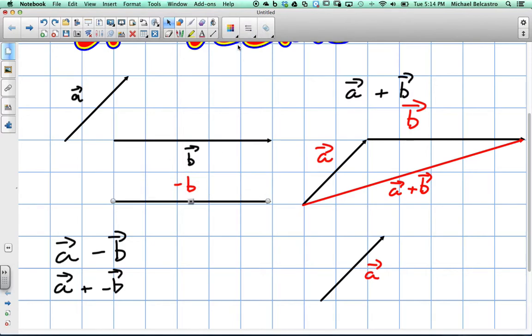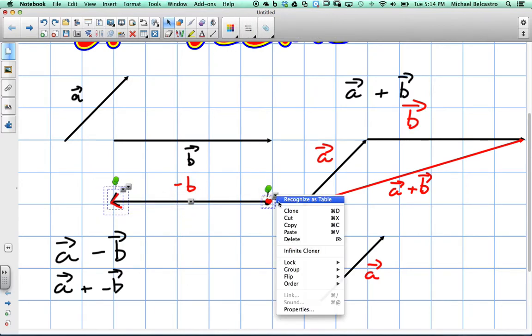I guess I can't do that in this case. I'm just going to write a tip at the other end, and we'll group it. So this is now our negative vector B. It's parallel to what we were doing before, but going in the opposite direction. So as I take this, group it all together,